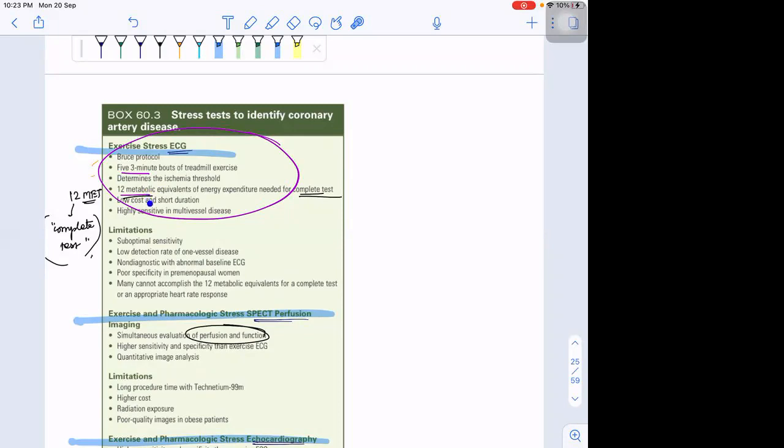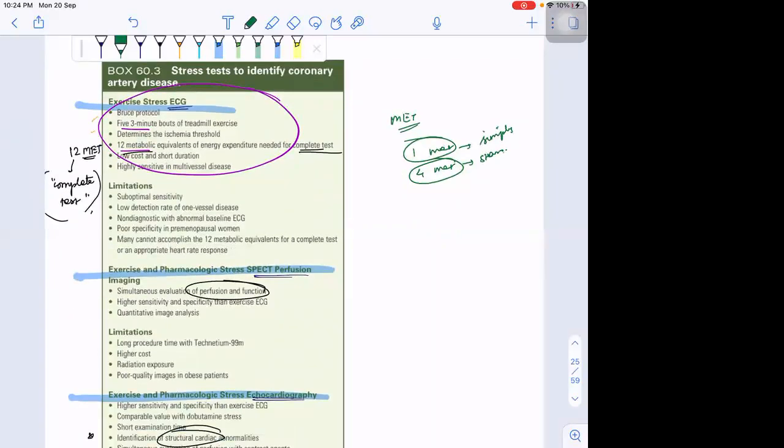Okay, so we already see the MET value. What is 1 MET? What is 4 METs? Anyone can say? Simply sitting, yes, 1 MET. Very good. We are doing 4 METs daily, that is, stairs, 2 flights of stairs. Then further, the 12 METs is the equivalent of energy expenditure needed for the complete